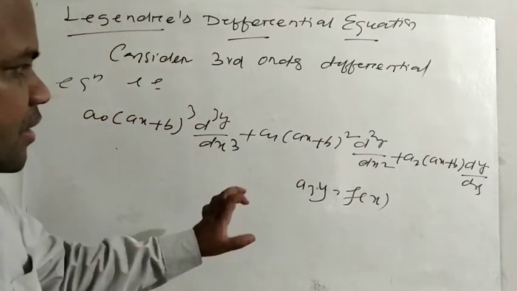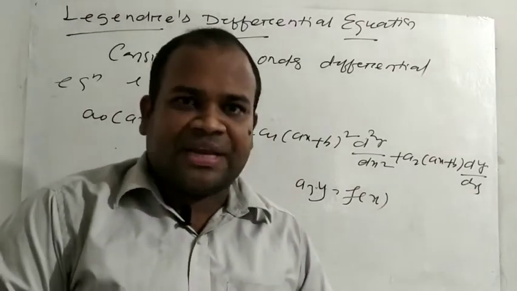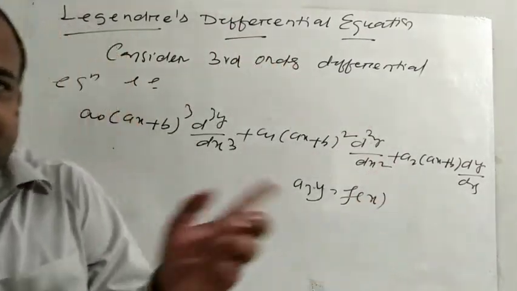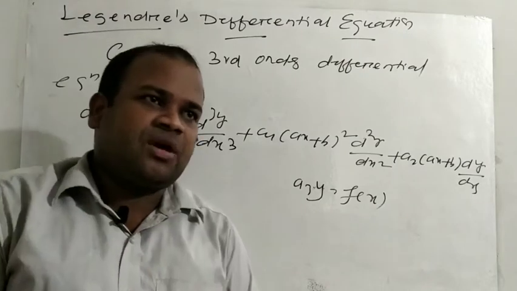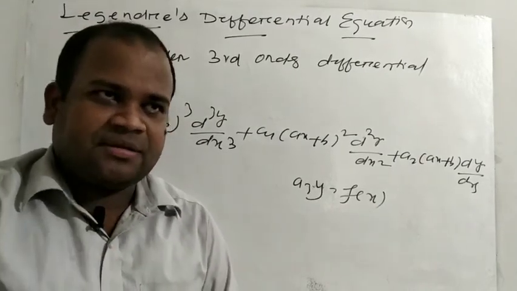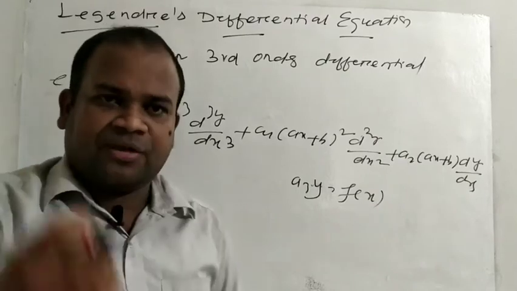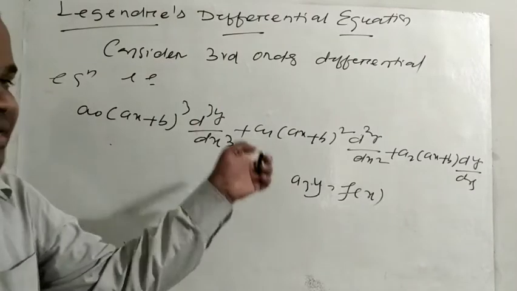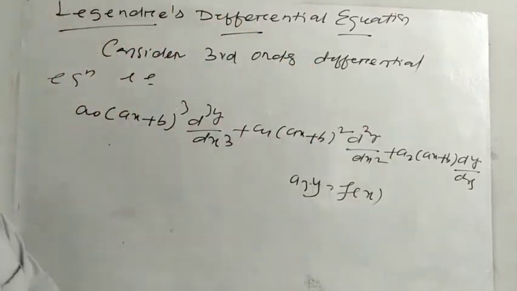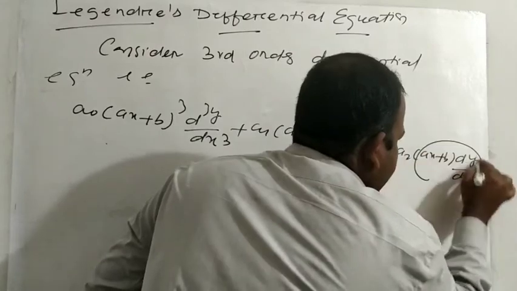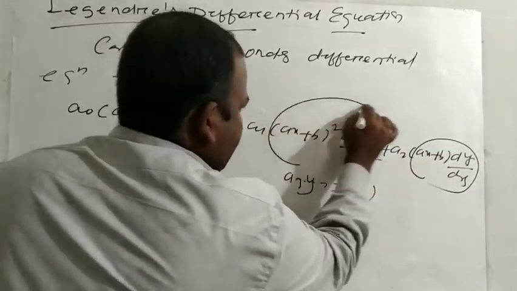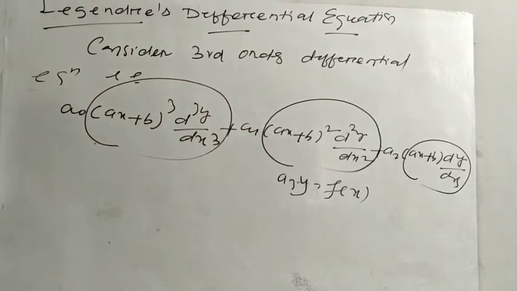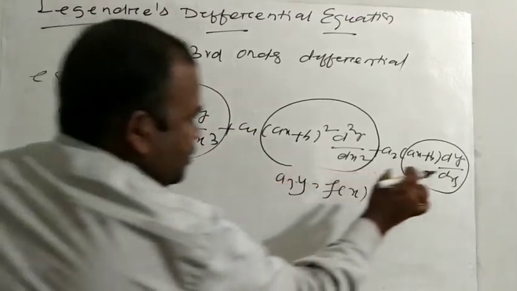Till today you know how to solve the linear differential equation. But the Legendre differential equation you will convert into the form of a linear differential equation, and thereafter you will solve it to find the PI, by the general method, shortcut method, or the method of variation of parameters. So here you will convert the Legendre's into a linear differential equation. For this, you will replace (ax plus b) dy by dx, (ax plus b) whole square d²y by dx², and (ax plus b) whole cube d³y by dx³. For this one you will let